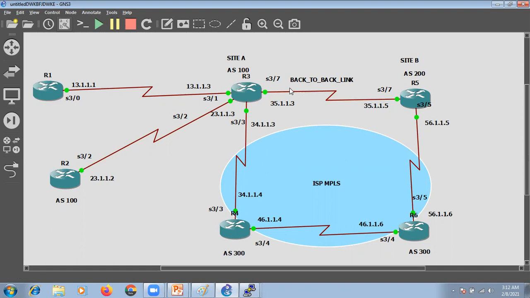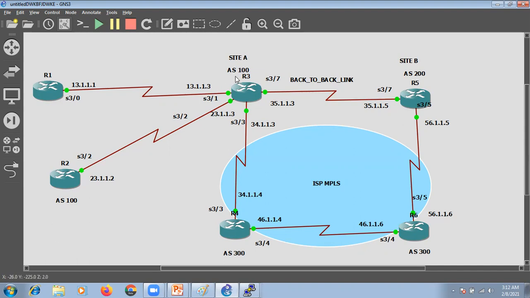Just to understand this backdoor, let's assume that R3 is the edge router for our site A, and we have another location for this customer, site B, where R5 is the edge router. Site A and site B are also connected via a back-to-back link, and on this link we are running EIGRP.